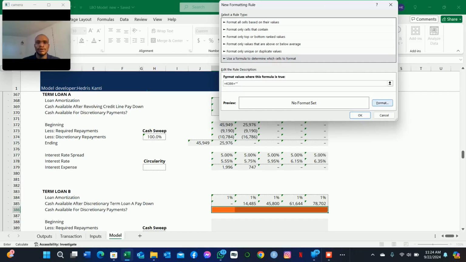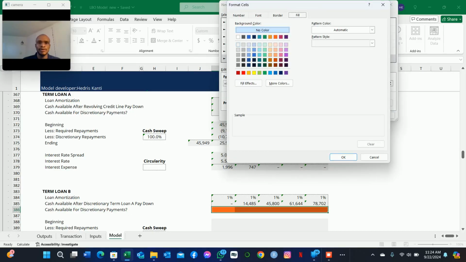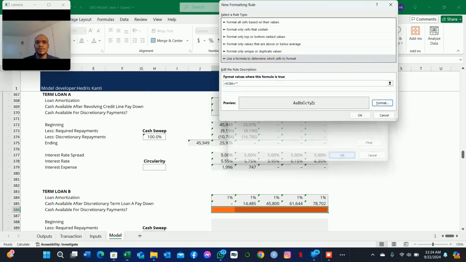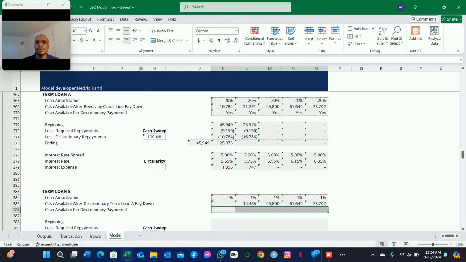So we're saying that if the cell is equal to a blank, we just want to change the color to whatever color we want. The gray color there, you can click OK, just like that. Okay, now going forward, to account for the cash available for discretionary payment, it is going to be equal to